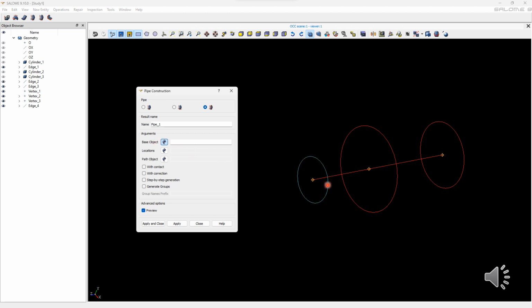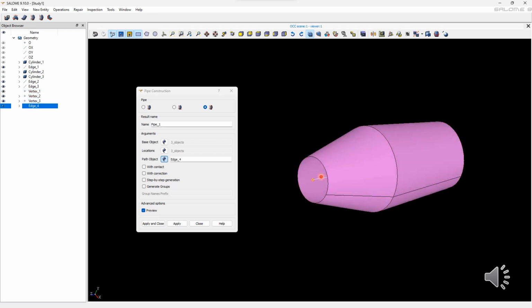So for the base object I will select these three circular edges, and for the locations I will select these three vertices, and for the path object I will select this edge, and you can see based on the selected locations and base object the pipe is constructed. Now I will select with connection, and you can see